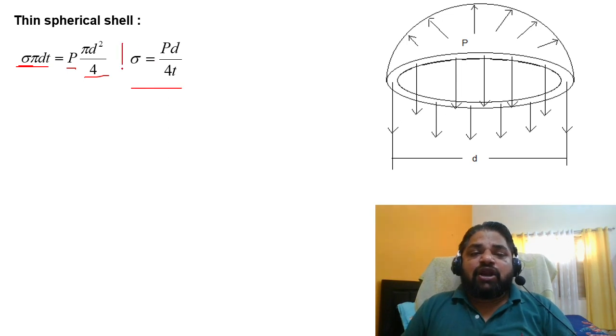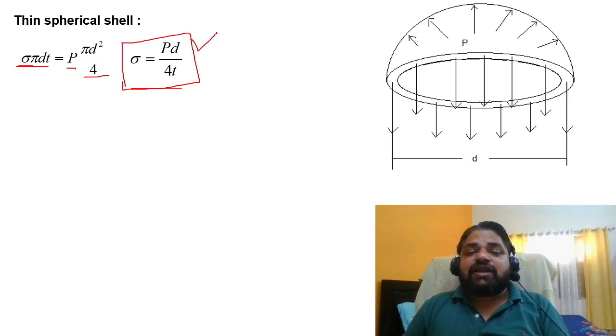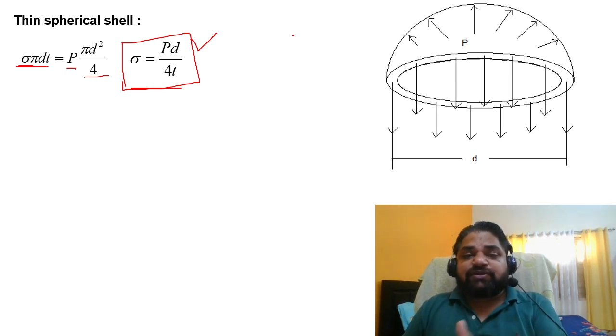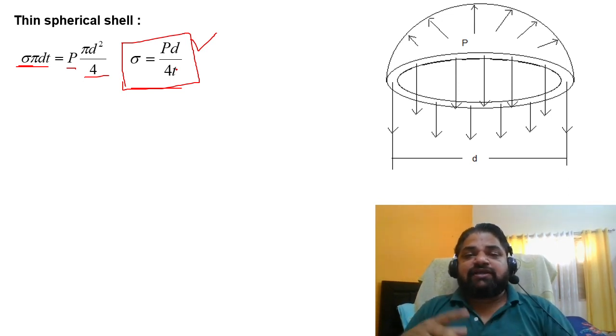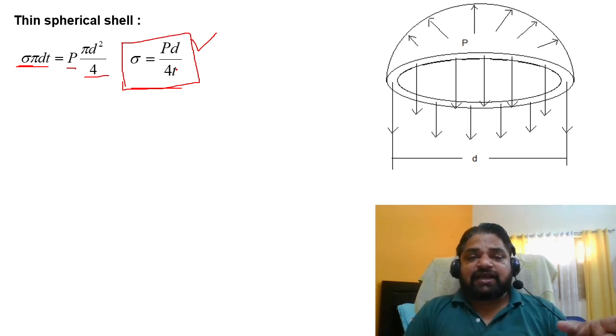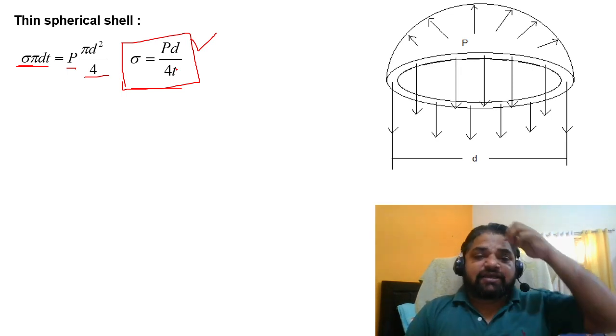Now you see, the longitudinal stress obtained for the case of the cylinder is the same as for the hemispherical ends, having the longitudinal and the circumferential stress. We got pd by 4t. Interestingly, these two values pd by 4t are mathematically the same. Pd by 4t is the longitudinal stress for the cylindrical shell. Pd by 4t is the circumferential stress for the case of